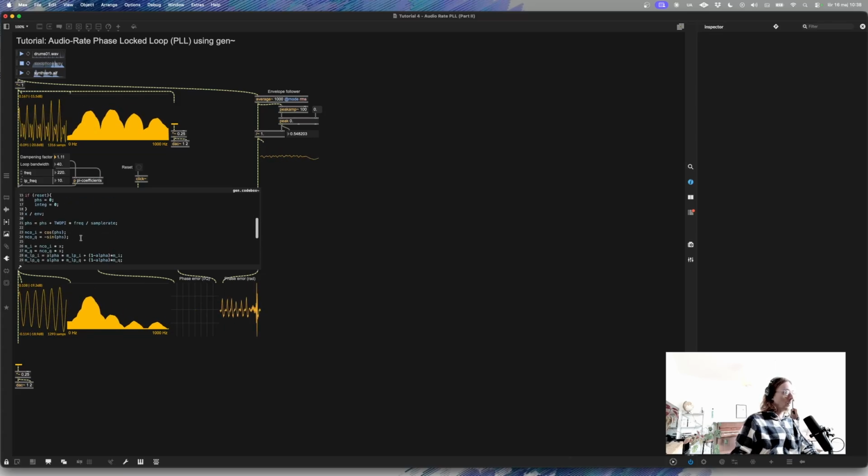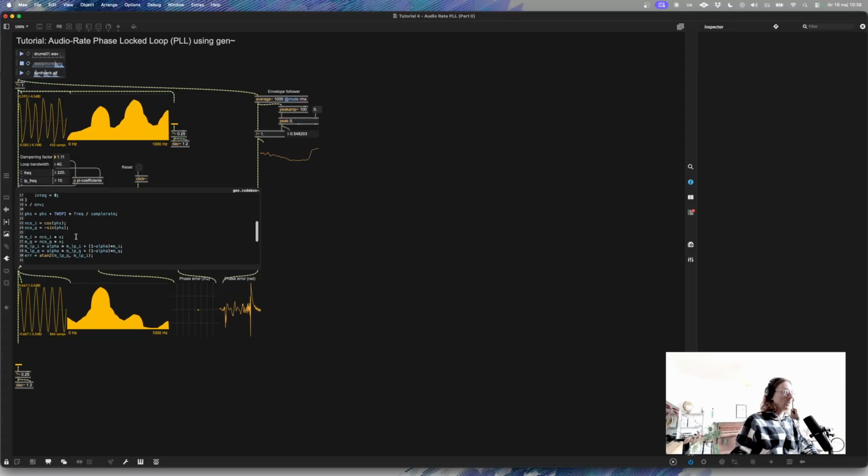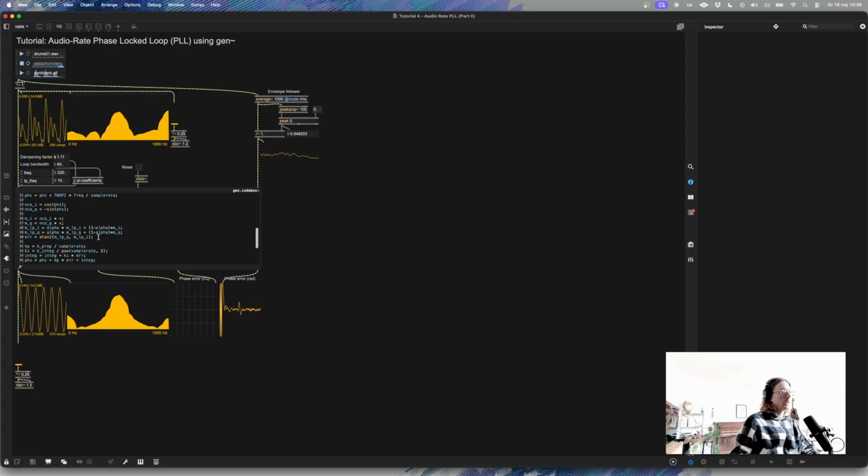So one way to measure a confidence is to compute exactly this radius. So from the previous tutorial, if you remember, this I and Q are the points in a 2D plane, and the distance of this point to 0 is the radius of that circle,